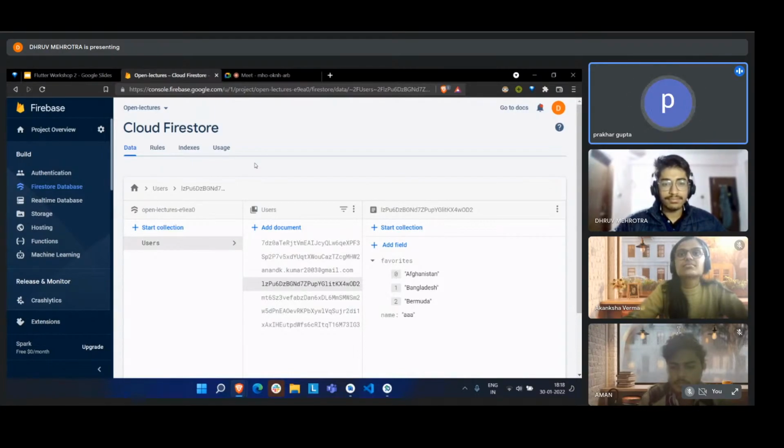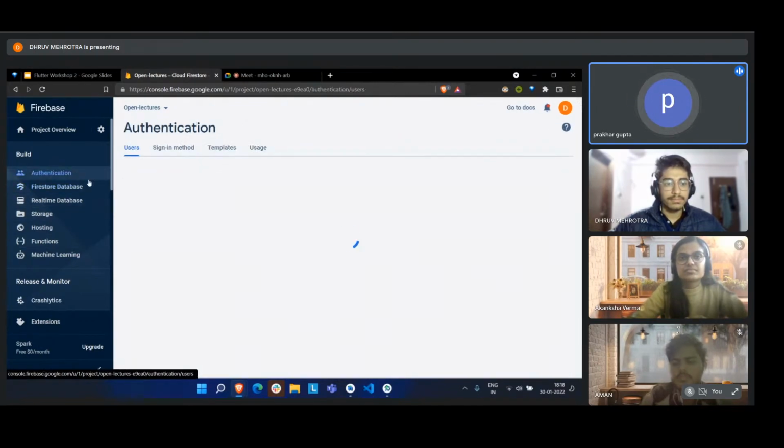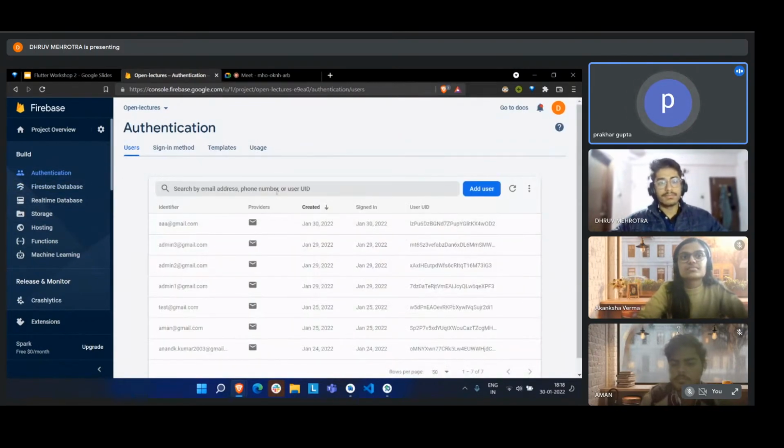In this there are multiple services, like authentication service, database service, Cloud Firestore service. There are multiple services that Firebase provides. Today we picked two services, authentication and Firestore, and we tried to explain those services. Authentication is very self-explanatory, it helps you authenticate the user, right? It is very simple. Now, when you talk about Firestore,